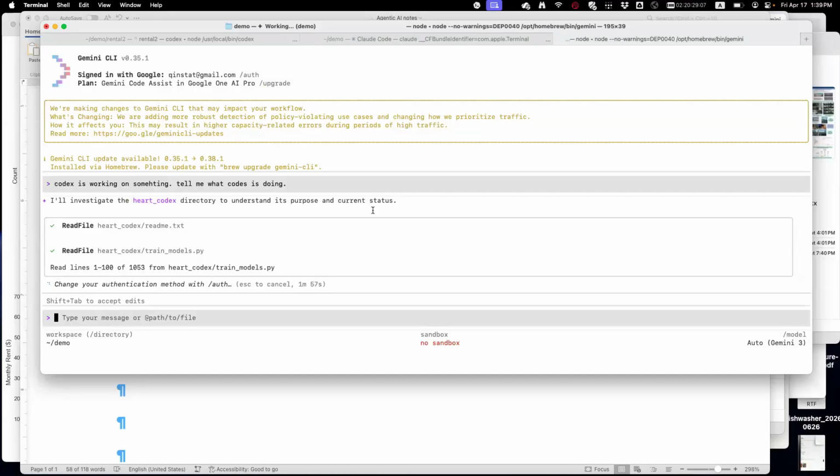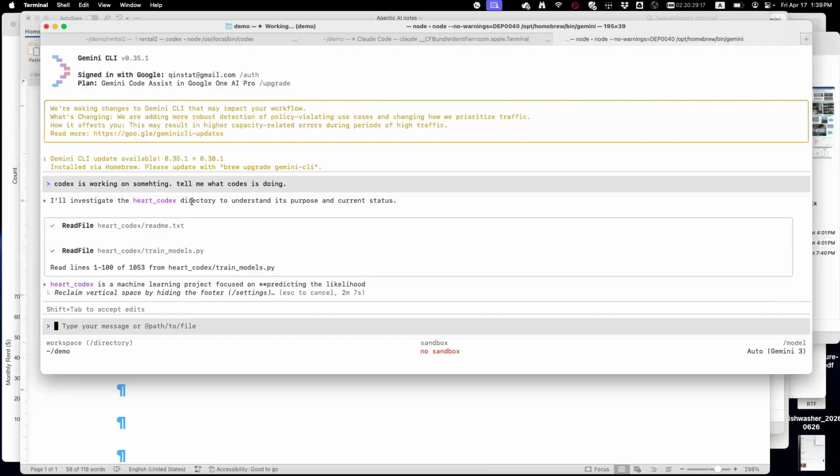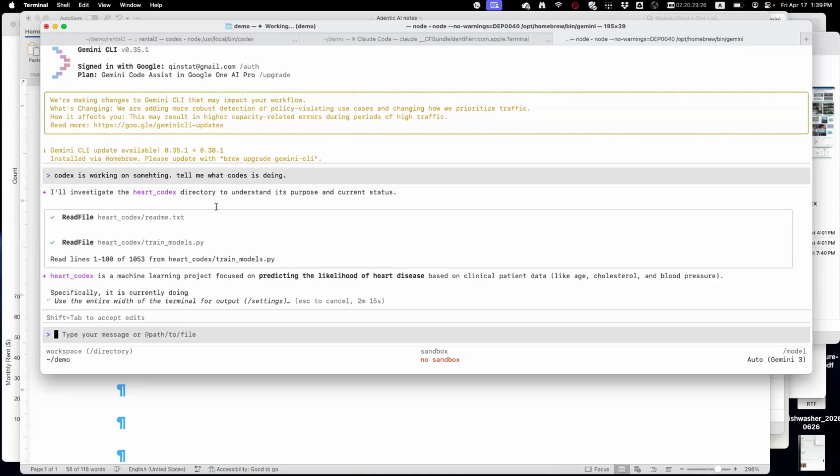Yeah, this is Gemini's. Okay. So it looks like Gemini actually didn't see anything in the current folder. It actually went to a different project. So Gemini isn't doing what I tell it to do. It went to a different file directory to look for what the Codex is doing. But the Codex is working on this, right?